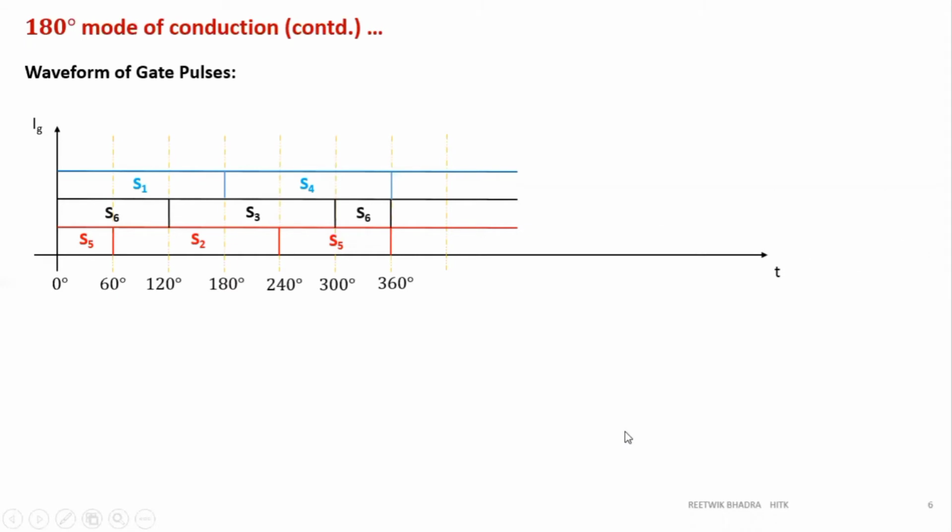So I think everybody has understood how these pulses are drawn. This is how your pulses should be drawn in your copy, also in the exam. When you are drawing, you should take this gap as 1 centimeter. You can take 0.5 centimeter also, no problem. But it's good if you draw with 1 centimeter, because next you will see some complex waveforms will come. So it is better to take a 1 centimeter gap for 60 degree difference.